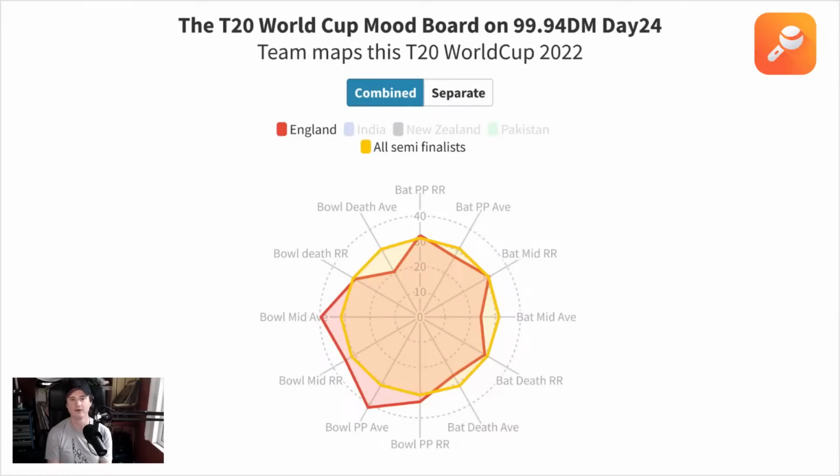And if you look in the middle, their spinners are not quite as effective as they have been in the past. They're going for runs. They're not getting any wickets. So England's not getting any wickets all the way through the game until they get to the death, where they're getting all the wickets. Part of that is probably affected by Sam Curran of recent times, but I went back and they have actually been taking a decent amount of wickets all the way through so far this year. But it hasn't affected the run rate that much.